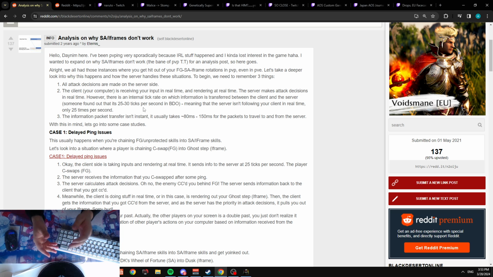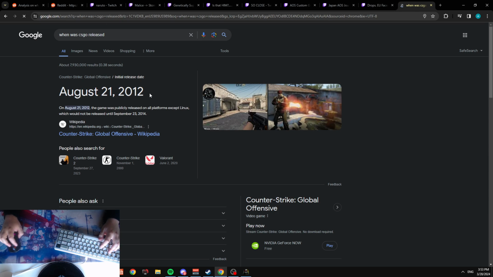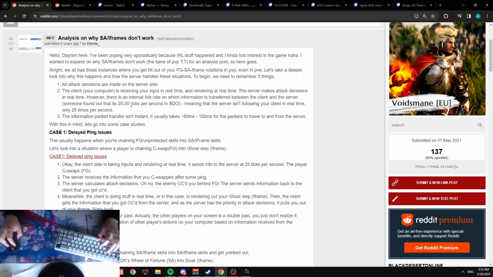And the vast majority of games out there, even a game like Counter-Strike Global Offensive, which has been out since 2012, has a tick rate of 64 on the normal servers. Competitive and pro players play on 128 tick for the vast majority of their pugs and lobbies. A lot of games coming out nowadays are updating to about 128 tick, and games that came out in the 2010s are 64. BDO is played on 25 to 30 tick rate servers. This is nearly a third